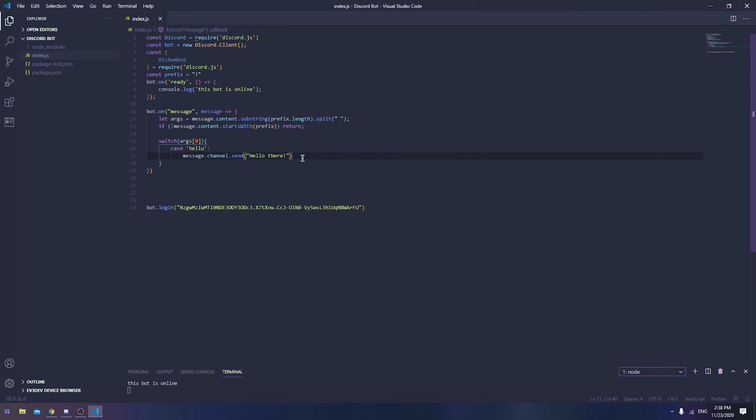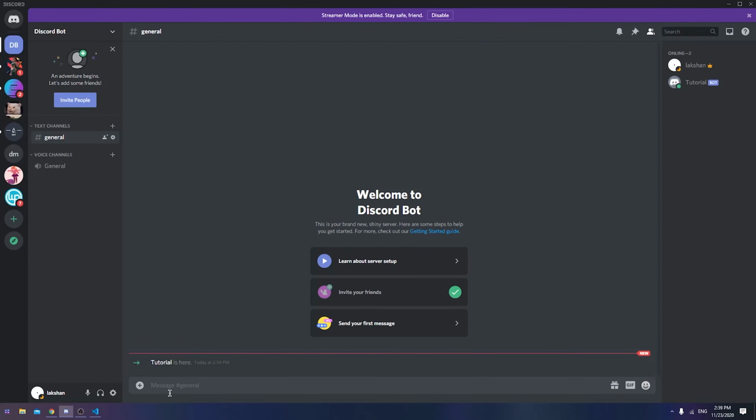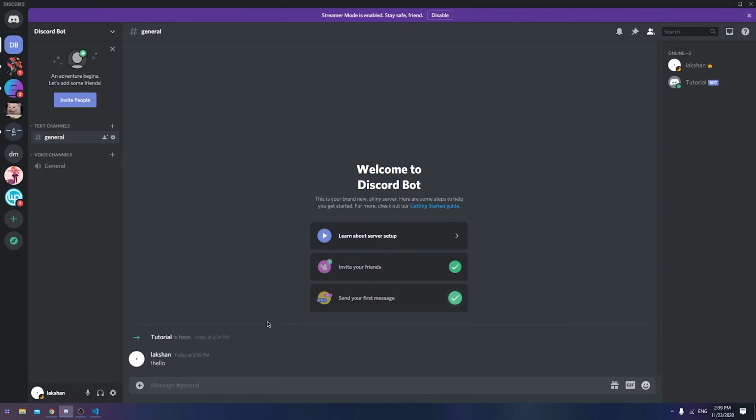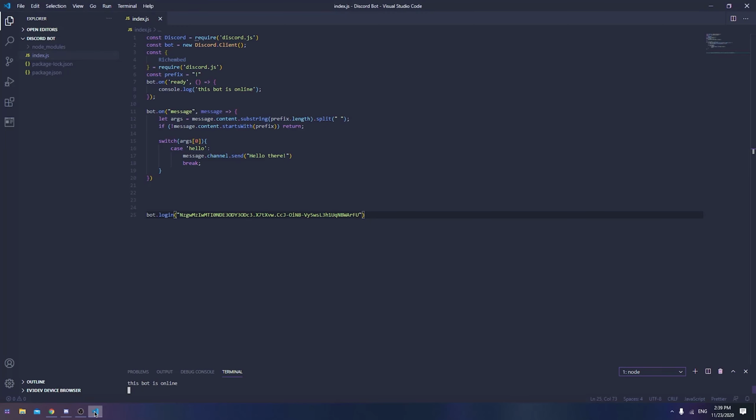And then you have to, this is important, break. Now, if we reload the bot, save and reload, node dot, and we go back to our server here and type in hello, it'll reply with hello there. So this is the simple way to make a Discord bot, and